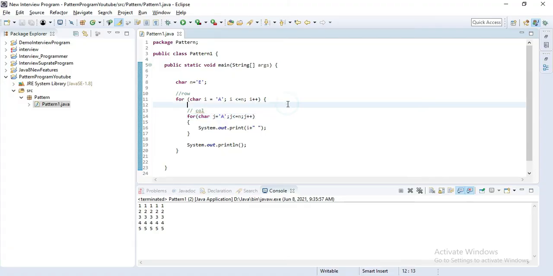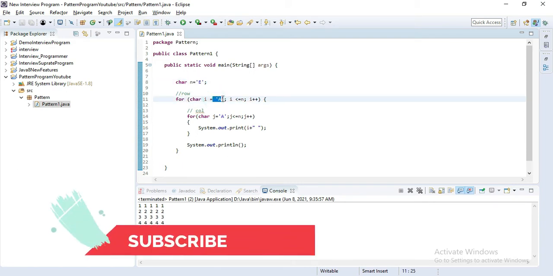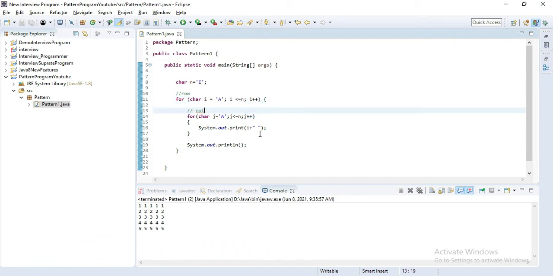Let's save this. What changes did we make here? We simply define an end value. End value is e, then initial value is a, and we simply print I. Let's save this, run this application. You can see we got our output a, b, then c, then d, then e.